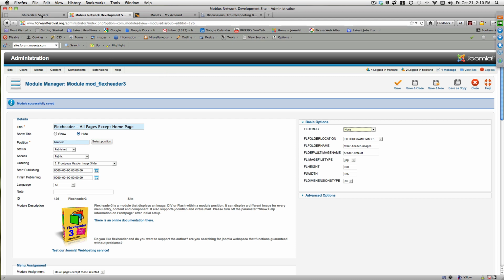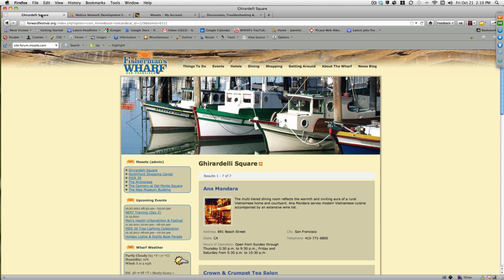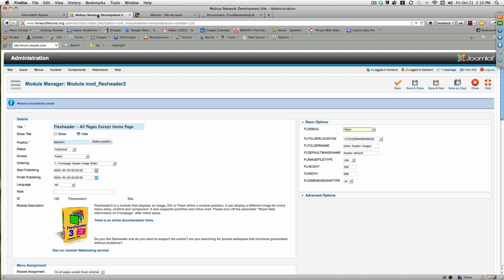In this case we're using a rotating photo for the home page, and then here, for example, on this Ghirardelli Square page, this is a Flexheader page. Now, as you can see, nothing shows us what to do with this right now. So you go into the administrative side of Joomla and go to Extensions, Module Manager,